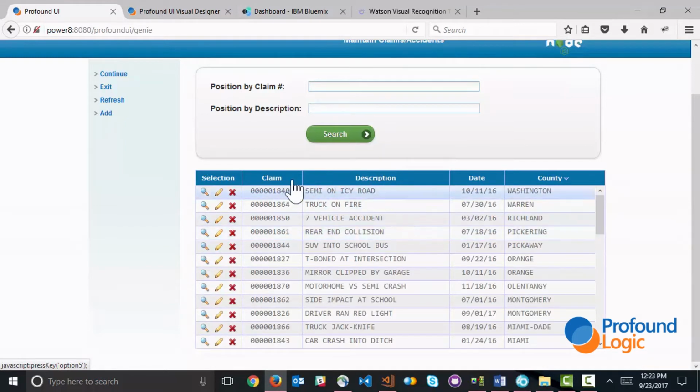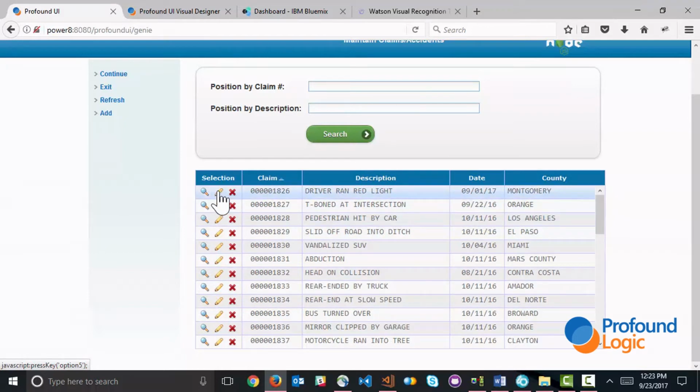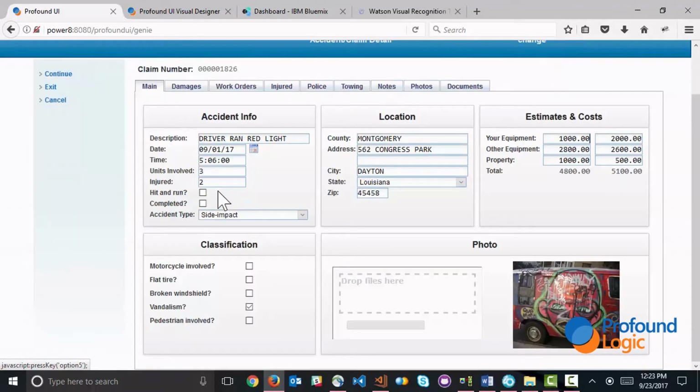Let's remove this filter and we'll go into one of these records. You can see that, again, this is an enhanced screen. Instead of hitting function keys, and by the way, the function keys would still work, you can use the tab panels, and you're maintaining this data in a nicer screen. There's a feature that you see that you've got photos, and you've got the ability to upload photos.